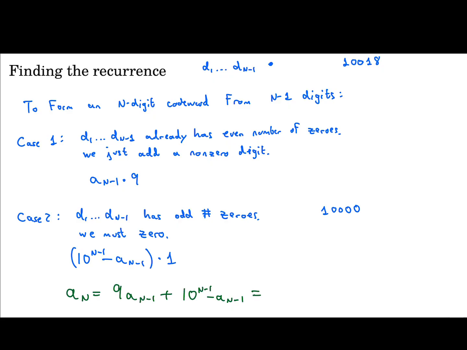And of course, if you just write it out, this is a_n = 8a_{n-1} + 10^{n-1}. And so this is a recursion for our problem. And now we can try solving it using generating functions, right? Oh yeah, and of course, we have our initial condition,